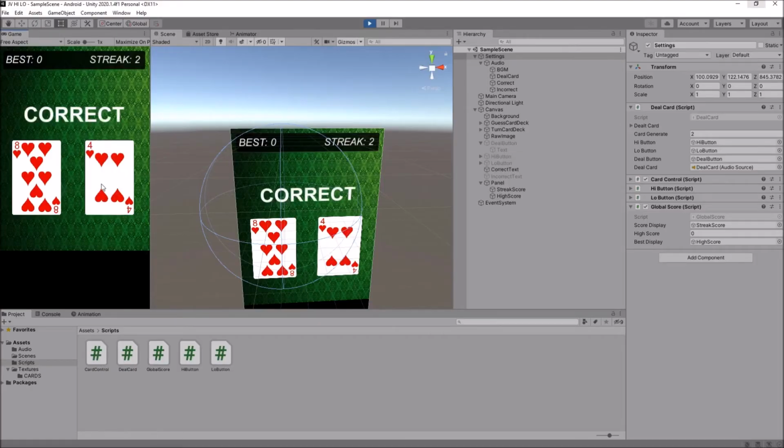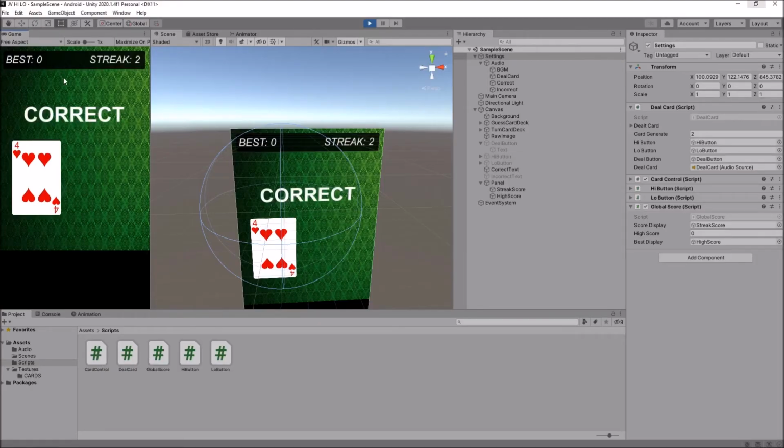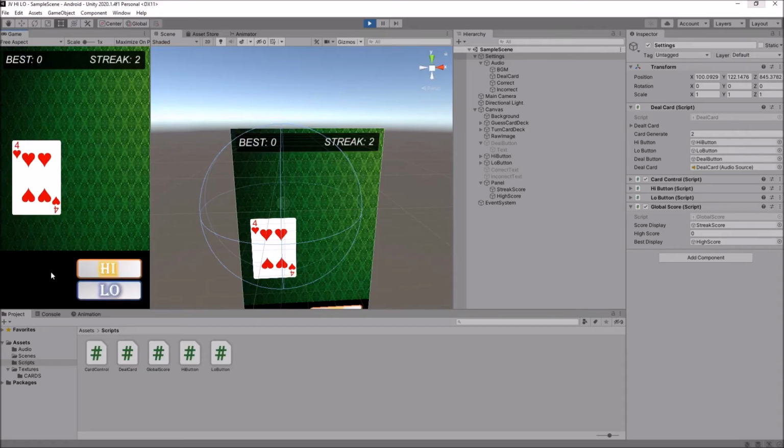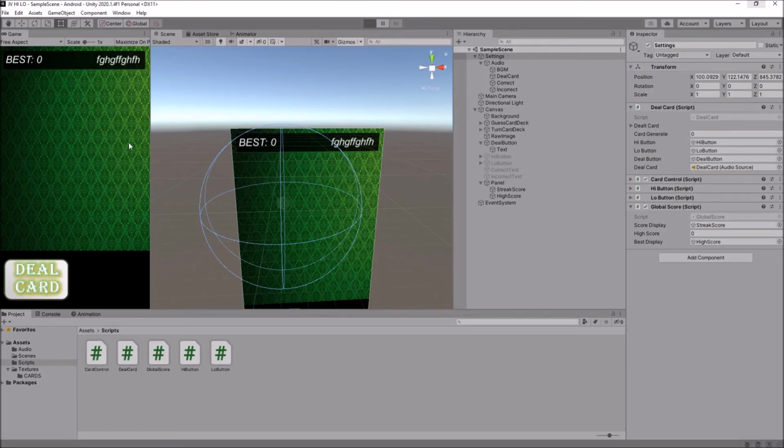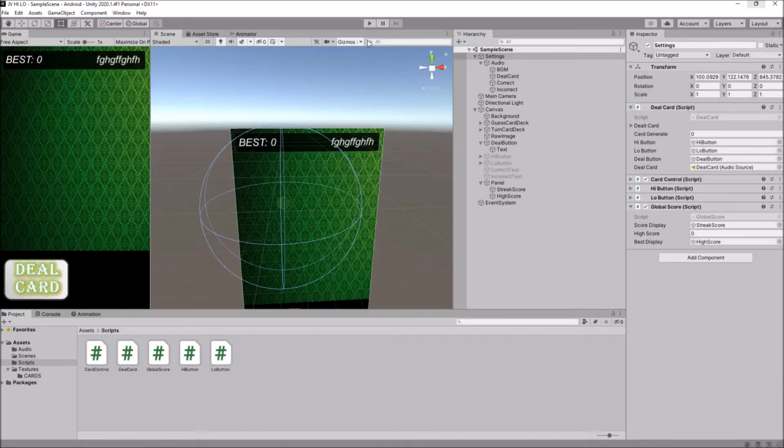4. Yep. Okay, so I'm thinking, should we update the best as well? So I'm going to stop this now. So we got 2 there. So fingers crossed when we load this up, our best should say 2. And it does. So that works. That works as intended. Now the next thing to test is just to make sure that it doesn't overwrite a lower number. But before that, what I want to do is also update our best score